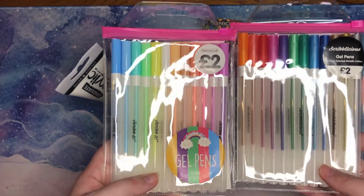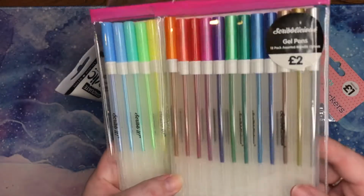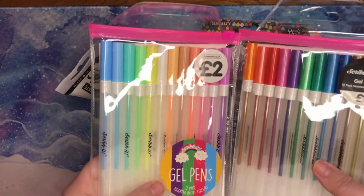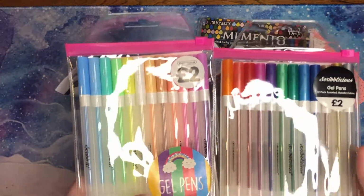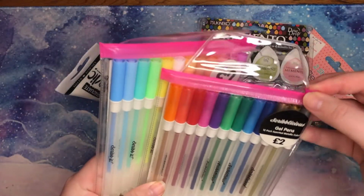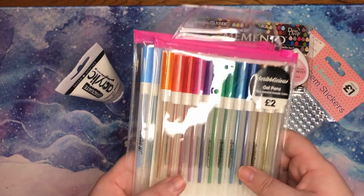And see if I end up using them, because it'd be quite handy to just sometimes go in with a bit of pastel colour or a bit of metallic to add something different to your pages. I've wanted to try gel pens on my colourings for a while, I just never got around to it, so hopefully these will work out quite well and we'll give them a go and see what they're like. I love the cute little packs they're in too. They've got little zipper locks to go across,